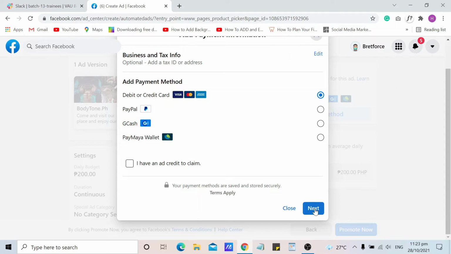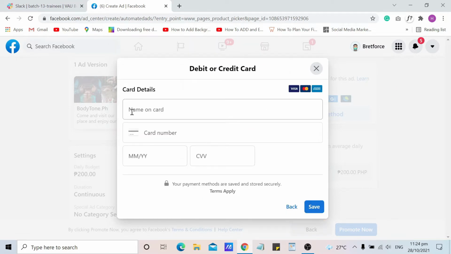Then click next. You can input here the card details of your mode of payment, also the card number, and the date, and after that you will click save.